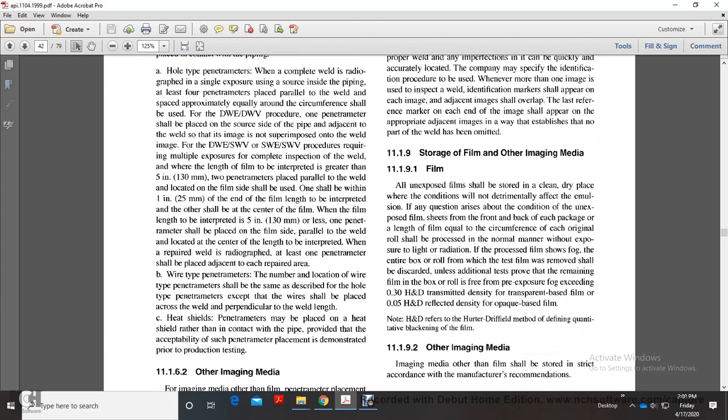11.19 Storage of film and other imaging media. All unexposed film shall be stored clean, dry, and placed in a condition without detrimental effect on the emulsion. Any time the condition of the unexposed film is in question, a length of film equal to the circumference of the original roll shall be processed in the normal manner without exposure to light and radiation. If the processed film shows fog, the entire box or roll from which the test film was removed shall be discarded unless additional tests prove that the remaining film of the box or roll is free from exposure fog exceeding 0.30 H&D transmitted density